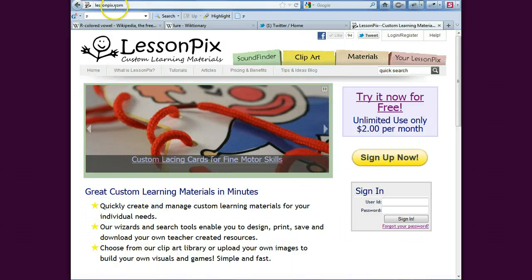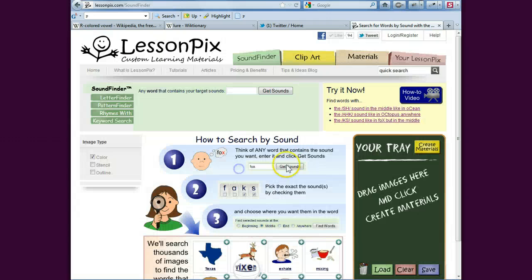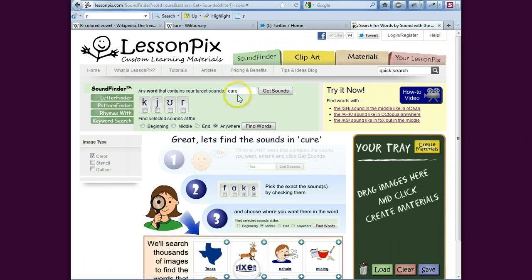So if you go to the LessonPix homepage, you don't have to sign in or sign up for this. This is all on the free side. And you go to the Sound Finder tab. I would do exactly what you were talking about doing on Twitter. You were talking about various examples like cure, right? You were talking about the word cure and what are the sounds in it. So if you had the word cure and you wanted to get this sound,